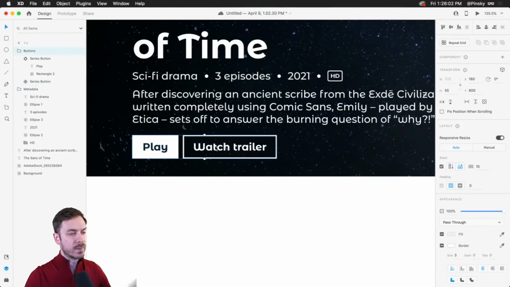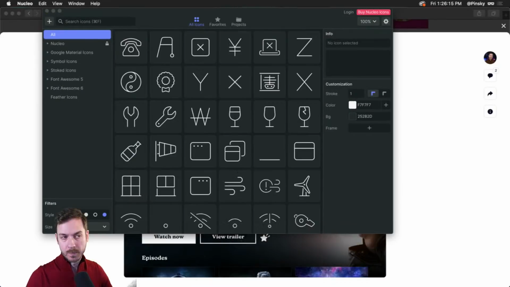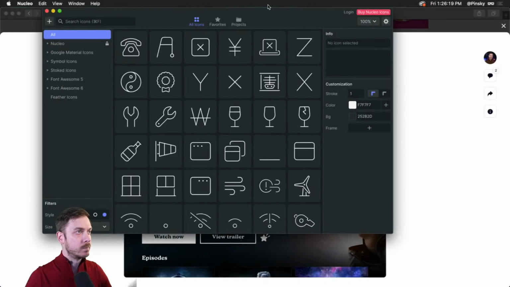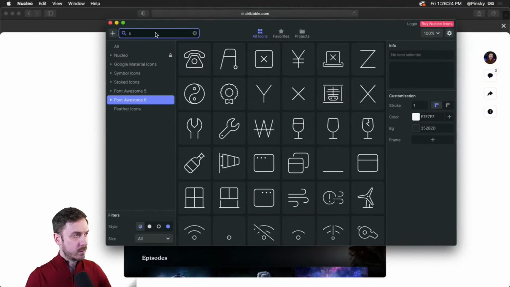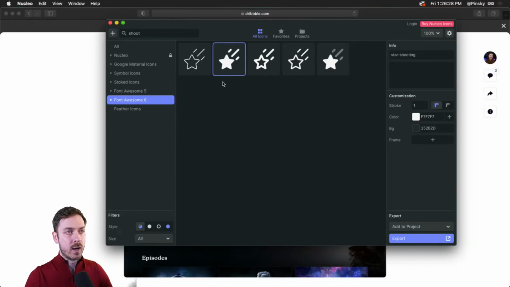Beautiful. Now, like I mentioned earlier, these buttons are not going to be displayed initially. Now, there might be one more thing I might want, and let me actually go ahead and launch Nucleo. Oops. All right, there's a new version. No, not right now. Kind of busy, Nucleo. And let's look for, I think there's a nice shooting star inside of Font Awesome's library.